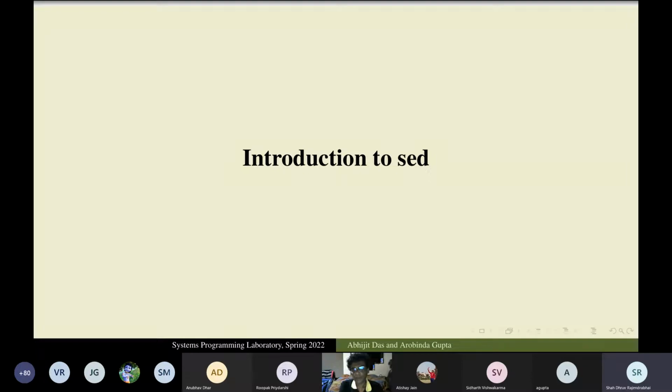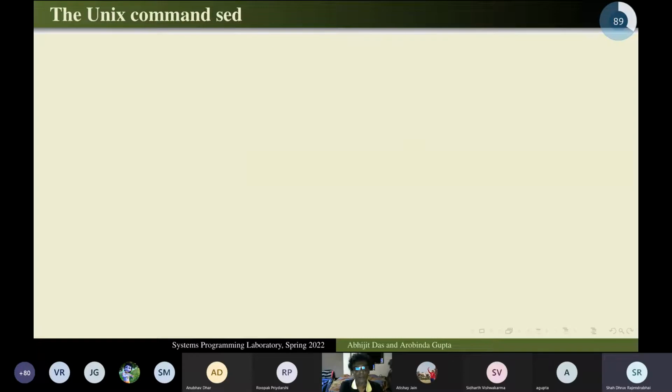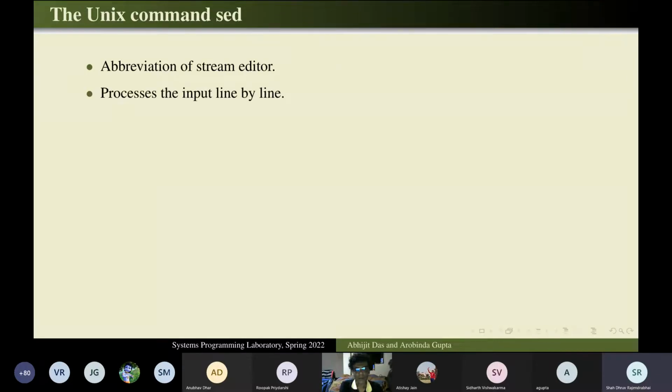So this is once again a utility which you can run from the command line. And this SED is basically an abbreviation of stream editor. Okay. It processes the input, maybe standard input or one or more files, line by line. Okay. So the idea is this: